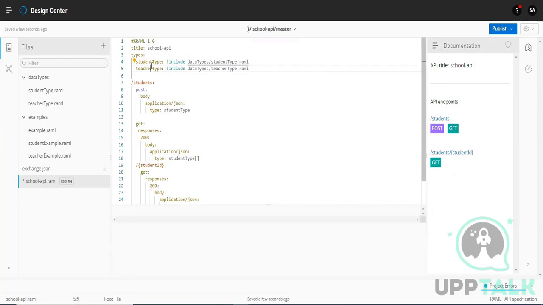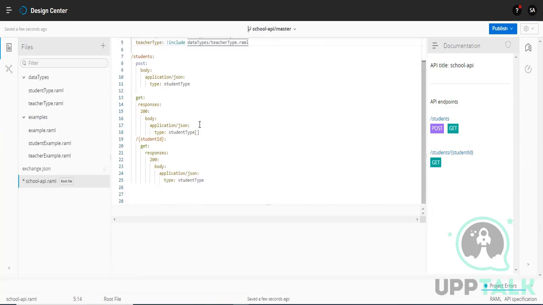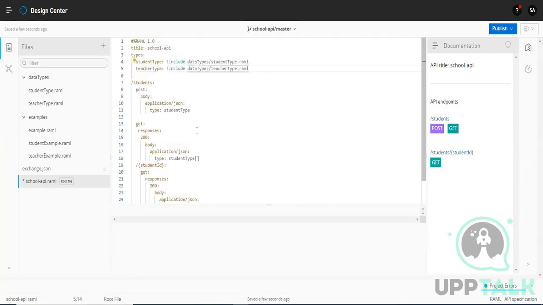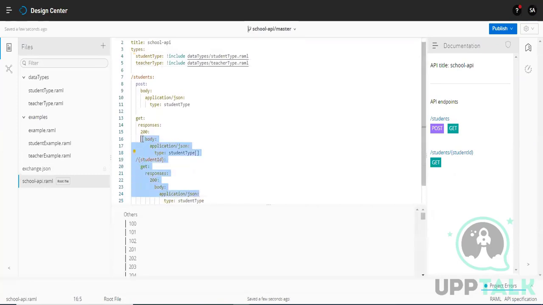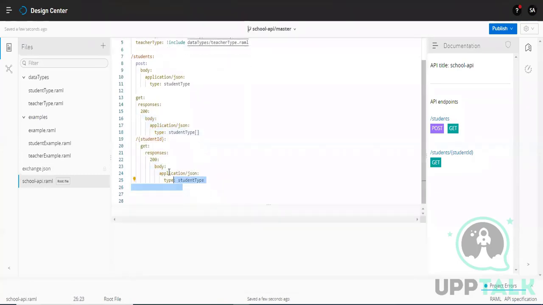This string you can name any type, you can use any name, but this is teacher type. Now I want to define the teacher resources. We can reuse that stuff, right? And just change the